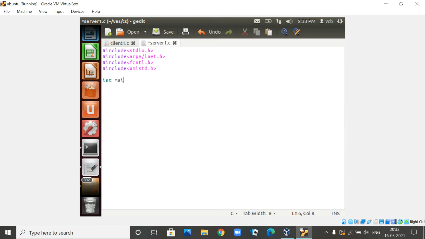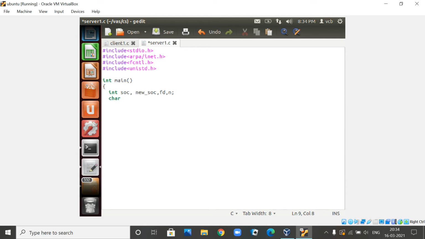So now we will start our server program. int main. Now, what are the variables I am going to use? Here we are going to create one socket again, and any variable name you can use. The socket is going to return a file descriptor, so for that I am going to use another variable, new socket. So file descriptor, ft and n. These are the four integer variables you are going to use.